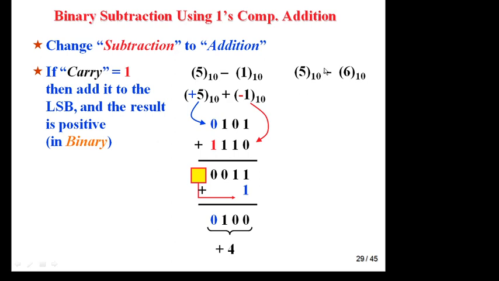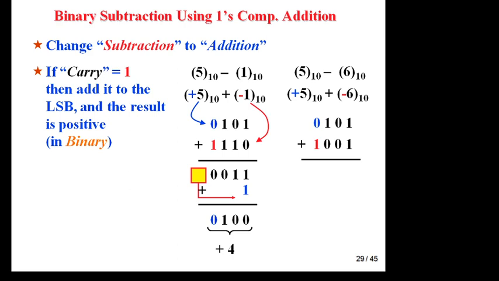Okay, now suppose you have to perform 5 minus 6. Okay, 5 minus 6. Write down binary value of 5. First change this minus by plus. 5 plus minus 6. Okay, the same thing here. Now 5 is nothing, 0 1 0 1. Minus 6 is nothing, 1's complement of plus 6. What is plus 6? 0 1 1 0. So it's 1's complement with 0 1 1 0, 1's complement 1 0 0 1. Okay, now you know 5 minus 6, answer is minus 1. So result must be negative, means MSB must be 1.